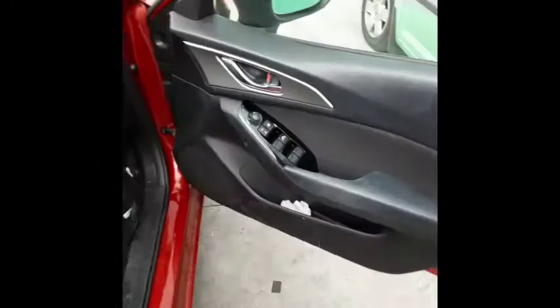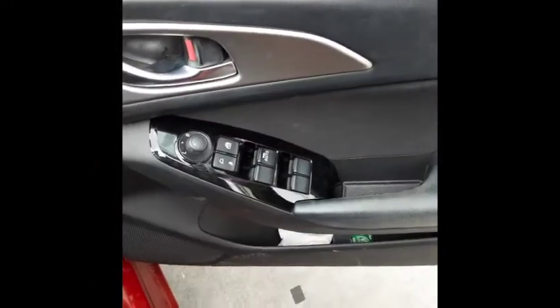We have the driver's side door trim, power window master switch. This vehicle is fitted with black cloth interior. It has a black leather center console lid, automatic type console, automatic gear shifter, heated controls, sat nav display screen,